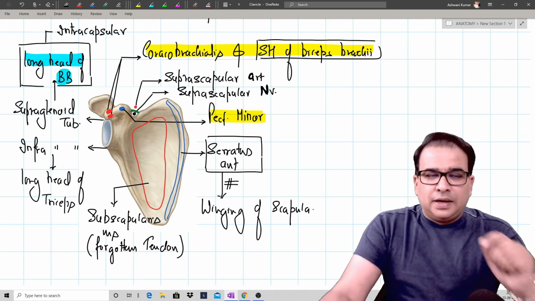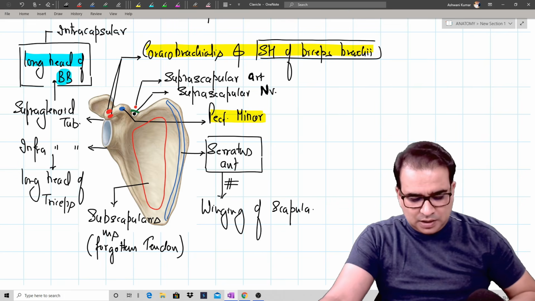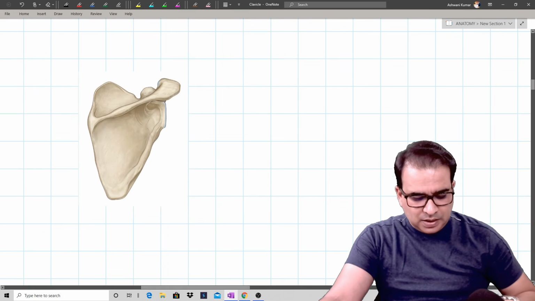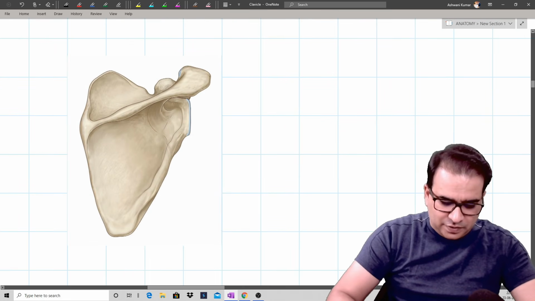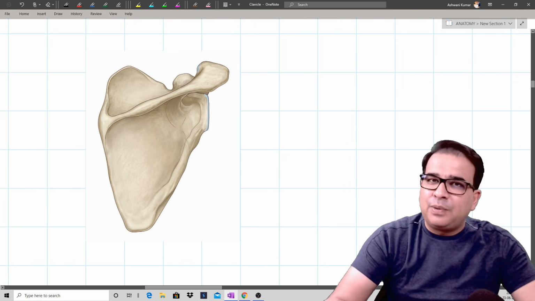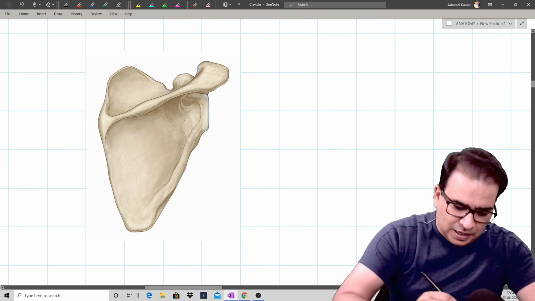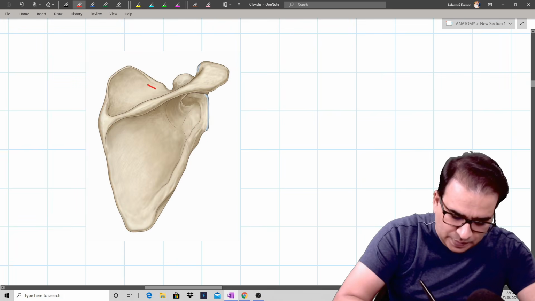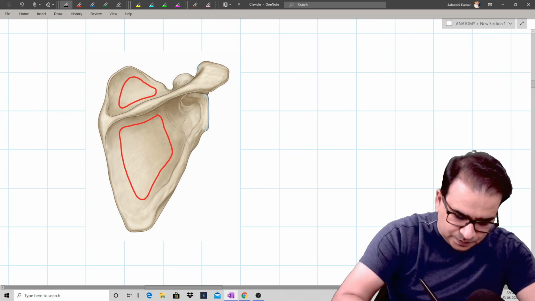Okay. Now moving on, guys, let us turn the scapula and look at the dorsal aspect. So when you look at the dorsal surface of the scapula, there we go. There are a few very, very interesting things that we need to notice here. Obviously the spine of the scapula is the one which divides this body into the supraspinous and the infraspinous fossa. And clearly this supraspinous fossa will be giving origin to the supraspinatus. So let us say this is the origin of supraspinatus, and this here mainly is the origin of the infraspinatus.